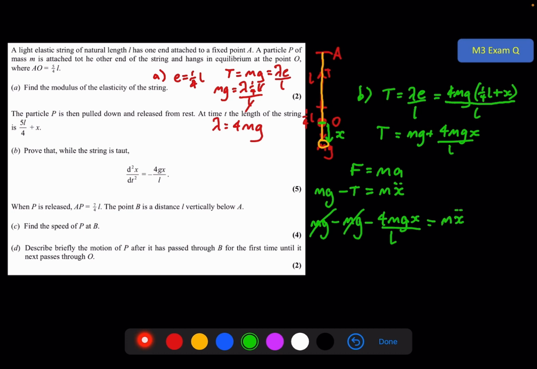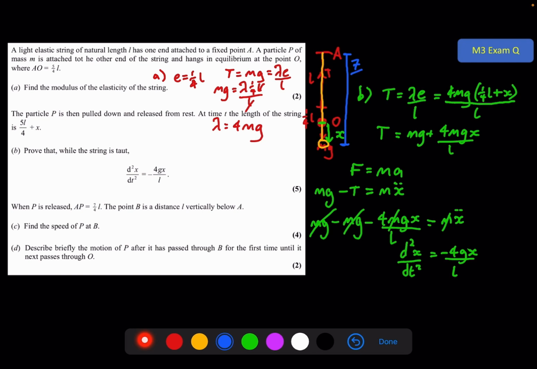The final step then is just to rewrite this. The m's cancel out. X double dot we know is d2x by dt squared, and that equals minus 4gx over L, as required in the question. When P is released, AP equals 7/4 L. So at the maximum extension, we're at 7/4 L,